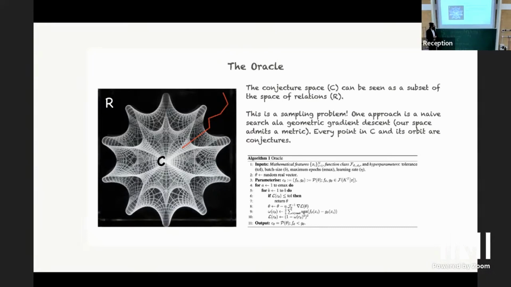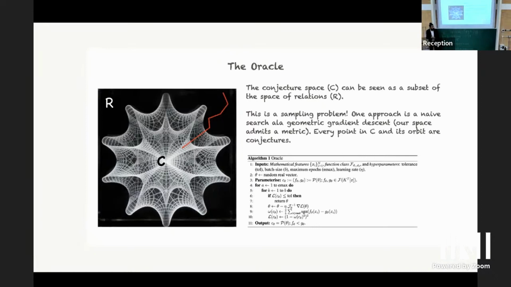In effect, in the language of computer science, this is a sampling problem. As you can see, we have a twofold approach. On one hand, we are trying to develop an understanding of the entire space itself. On the other hand, we're using computational machinery to sample points from this space. The vision is that the more we understand about this space, the better will be the machinery that can find interesting conjectures on this space.